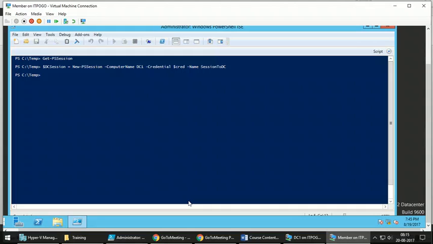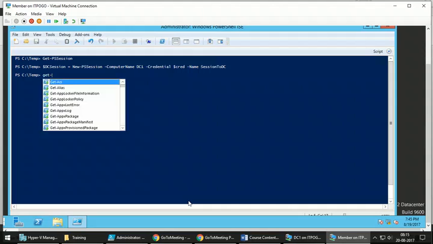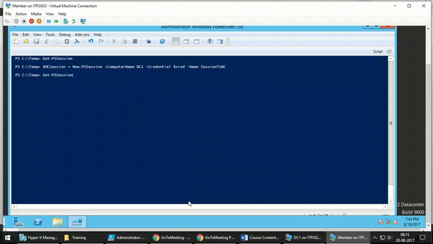After creating the session object, you can reuse those session objects multiple times without getting into the hassles of providing the credentials again and again. Now, if you use Get-PSSession, this is the session which is currently open with that remote computer. Session state is open. Now, how do you use it? You can use it in several ways.